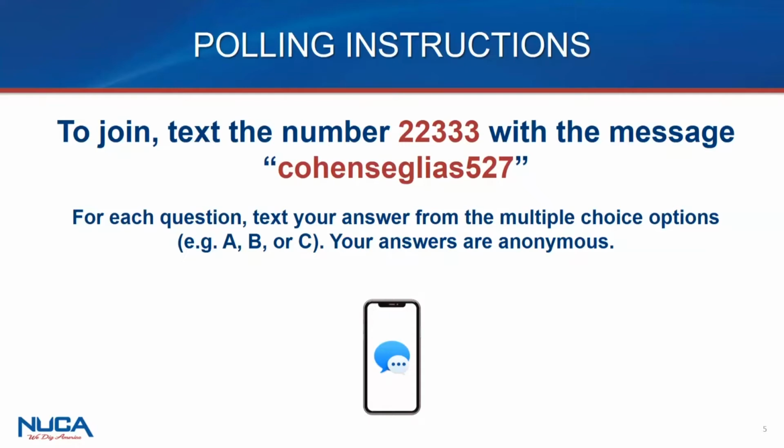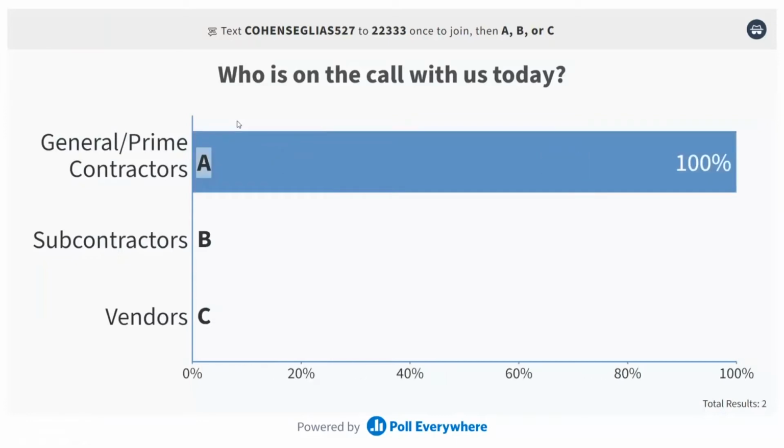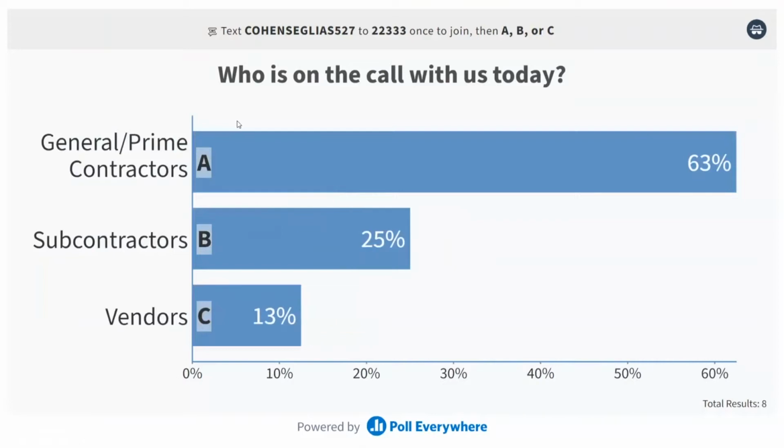Because I often tell clients, listen, the first time you get into a piece of litigation, you never look at a contract the same. You never look at a litigation the same as you did when it was just all about a movie. So with that said, the first thing that I was hoping that we could do to test this polling thing out was to figure out who's on the line. And this will give us an idea if you're a prime contractor or a subcontractor or a vendor. Let's just start to vote. I can see the votes are coming in.